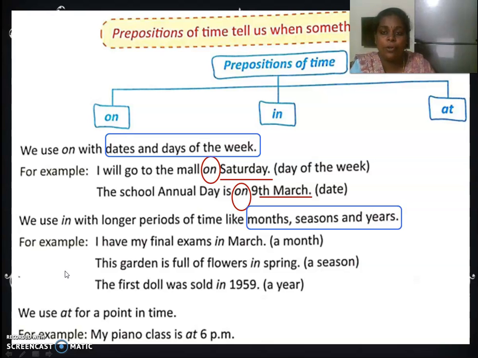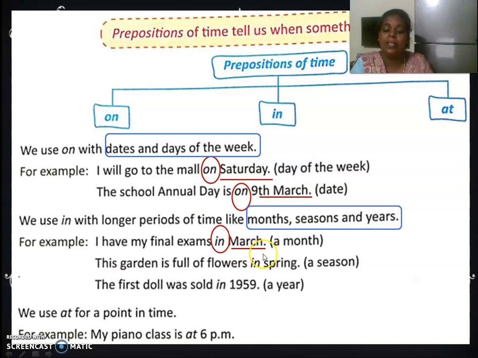Just like I said, for mango, what is the season for mango? When will you get mangoes? What is the season? We say summer season. So in summer, when do you get mangoes? In summer, or in the month of April, May. We can say in April, in May, in the month of April, like that. And years: in 1965, in 1980, in 2000, in 2010, 2020, like that we used to say. So that is when you mention the month.